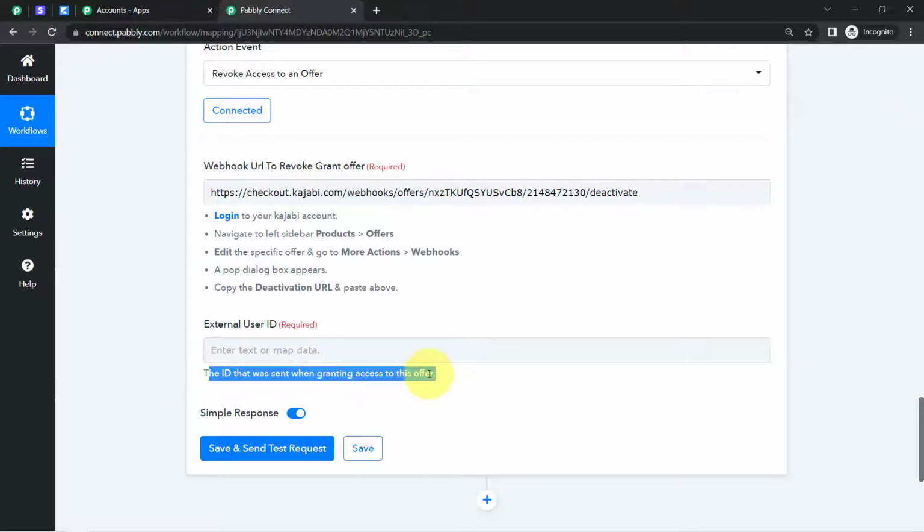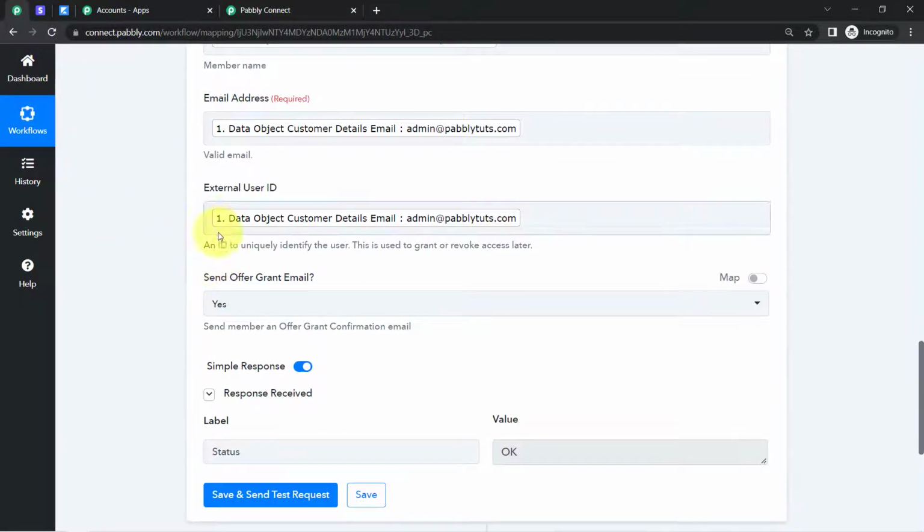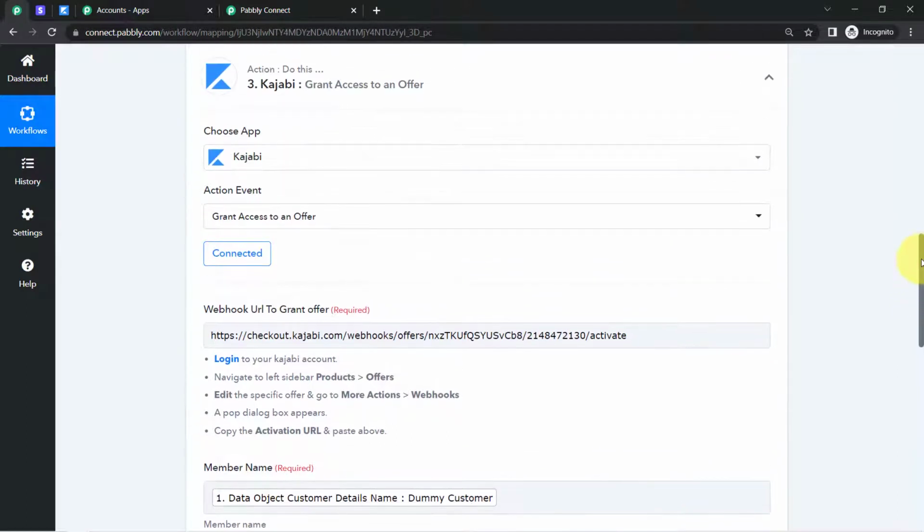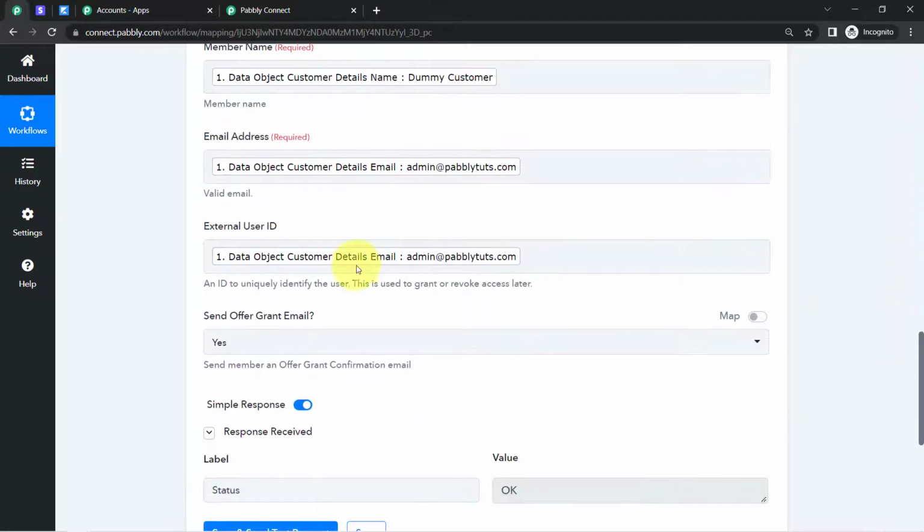So here we have an interesting twist. While providing the access of the course to the customer, that time also it asked me for the external user ID, and that time I'll show you what exactly I have provided, what exactly I have mapped. So while providing the access, here you can see the action event was grant access to an offer. In that case I have provided this particular ID. Basically I have provided this email address only as the ID,